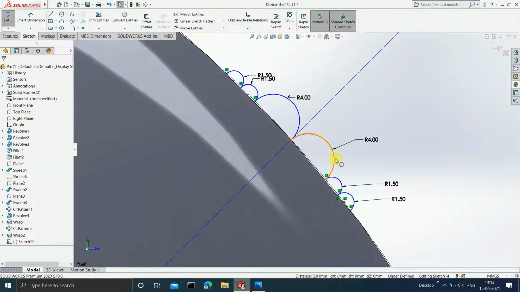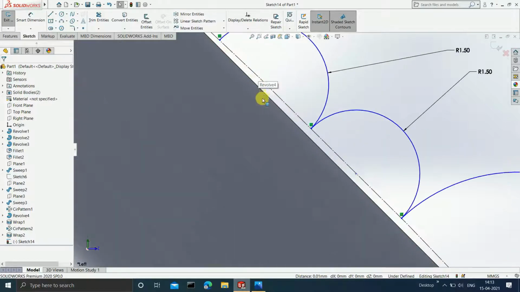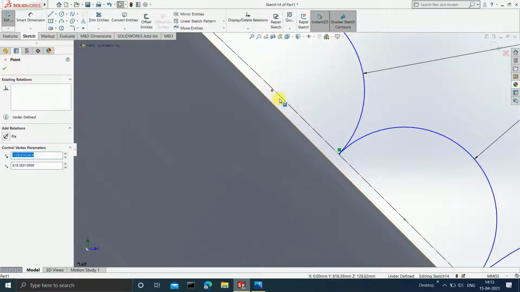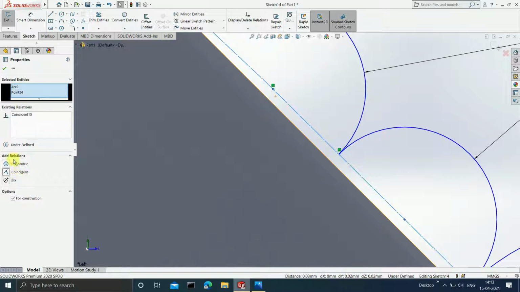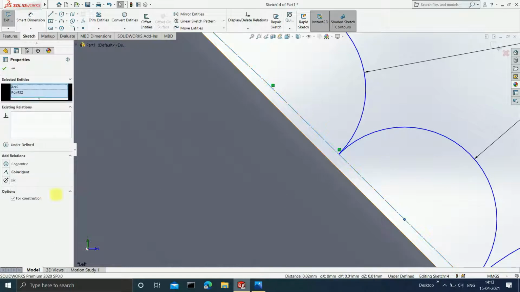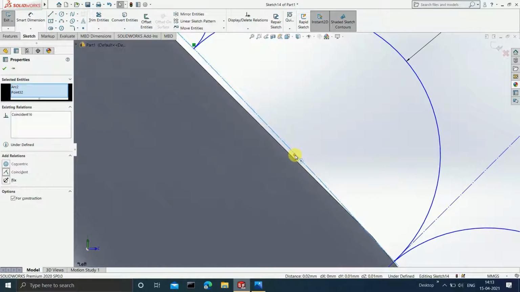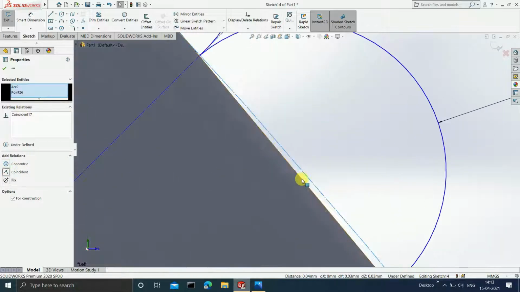So guys, now once this is done, just make sure that, see, this particular point, then this thing, this point, this particular point, they all must coincide with this dotted center line that you can see. Okay, so for that, make sure, see, it is not coinciding. So select this line, apply coincident. Again here also apply coincident on this particular thing. Again, this center should also coincide with this dotted line. So apply coincident. The same thing for this as well.